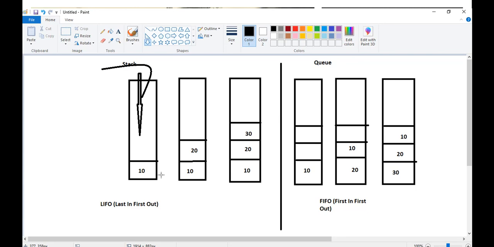So one end is closed. In case of Q, both ends are open. Insertion will be done from this particular end, and the removal will be done from this end.